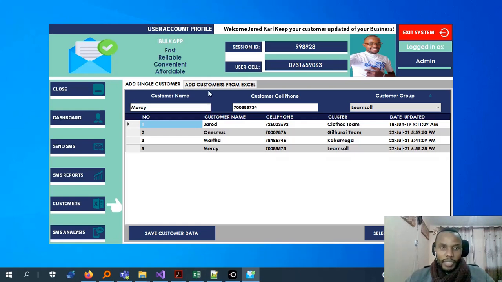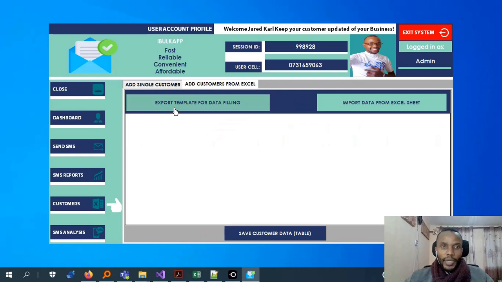So the other bit is being able to now add customers from Excel. I know most of the businesses have their data already, their customer base already in place. So what you do here, you just need to import data from an Excel. When you click here, you can export the template which you fill the data in if you don't have one, or you also conform your data which already exists to that particular template